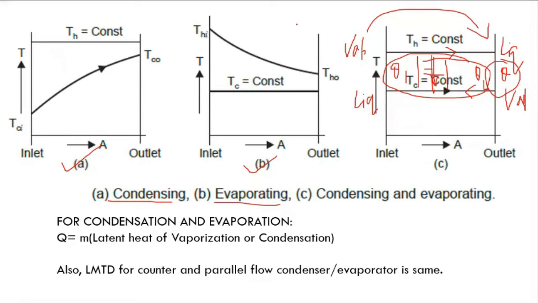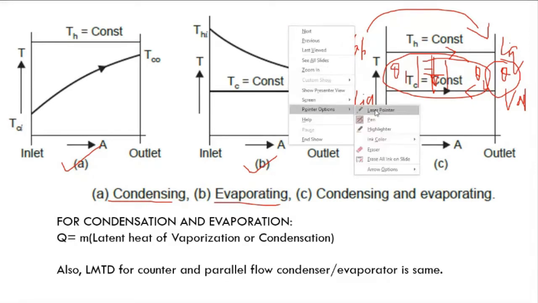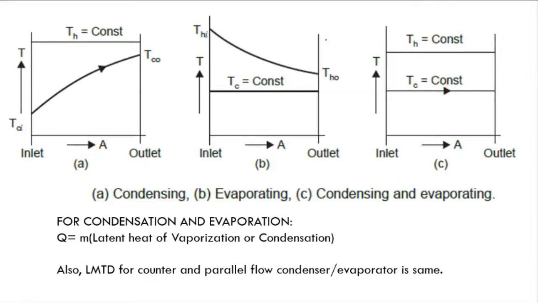Okay. Recall a statement which I had made, that for a parallel flow heat exchanger, theta 1 is never equal to theta 2. I had made one statement like this, but the statement is not true for this case. In this case, even if you are using a parallel flow heat exchanger or a counter flow heat exchanger, these values are always going to be equal. Is this part clear or any doubt in this part? Yes, sir. Got it. Okay.